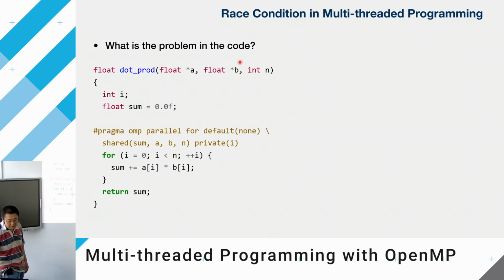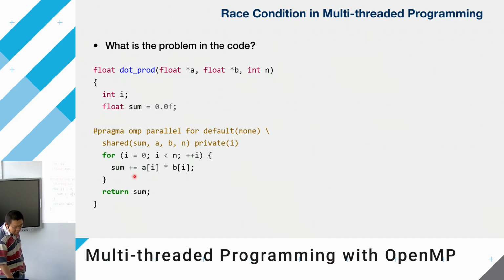Then I would like to talk about a very important topic for multi-threading, the so-called race condition. Like you have 100 threads, and they are running like a race in sport. Someone runs faster than the others, and then you may have a wrong result. Here, this code calculates the dot product of two vectors, A and B,